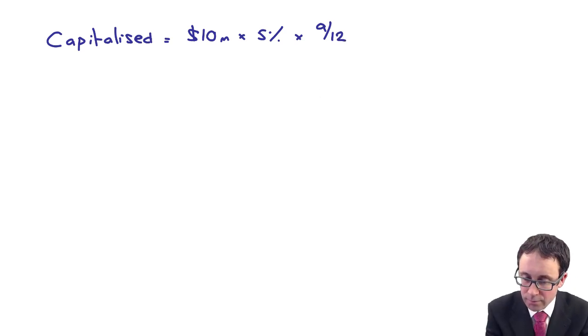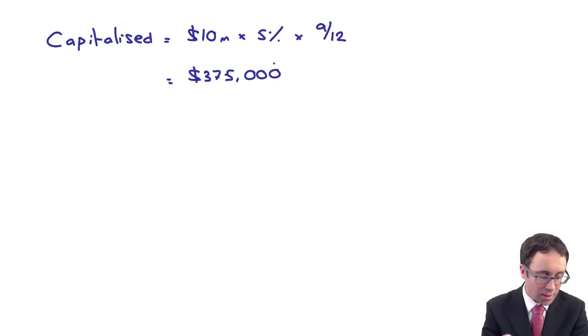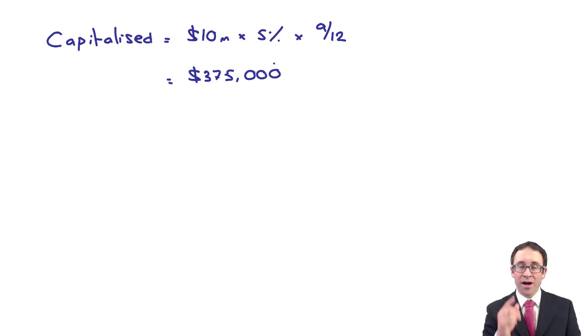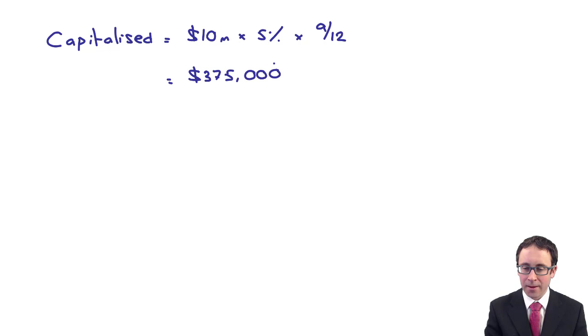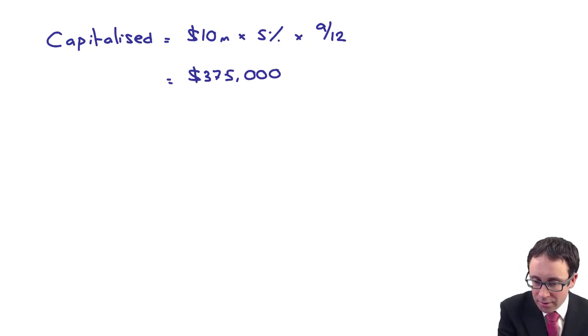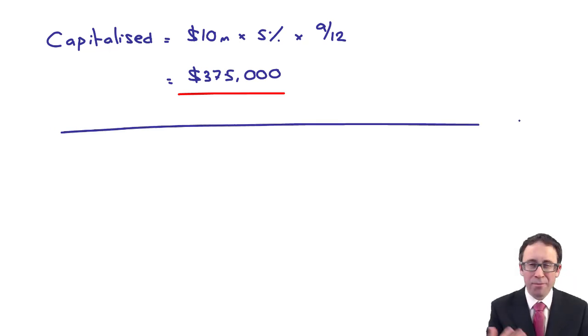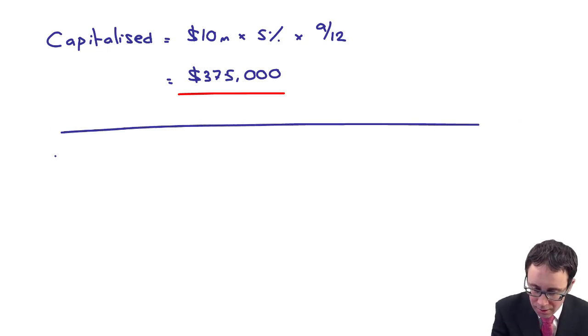Tap that into your calculator. Is that 375,000? Okay. That answers the question. That's done and dusted. As a separate part, if you want, just to give you full coverage,